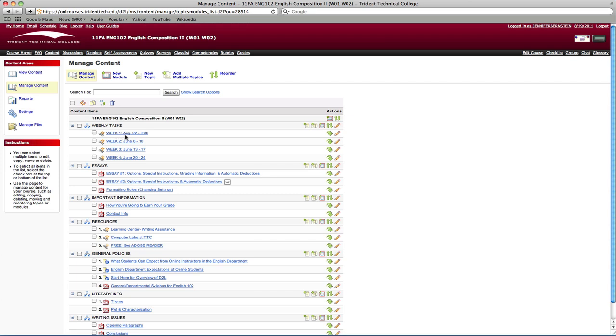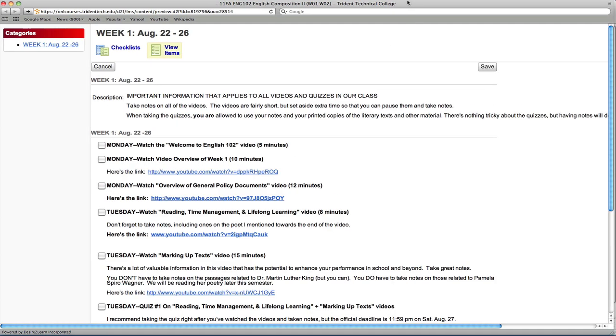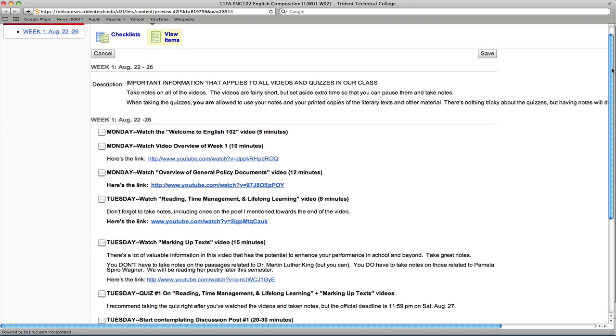So the first thing you want to do every week is go over to our weekly tasks. So we're going over to week 1 and just click on it. I'm going to make this bigger so that you can see it more clearly. It might look a little different to you because I'm not in a student view right now, but this is the checklist. And it's actually a feature of D2L, which is pretty cool. So as you do your assignments, you can check them off and then save so that the next time you come back to your checklist for the week, you can see what's left to do.